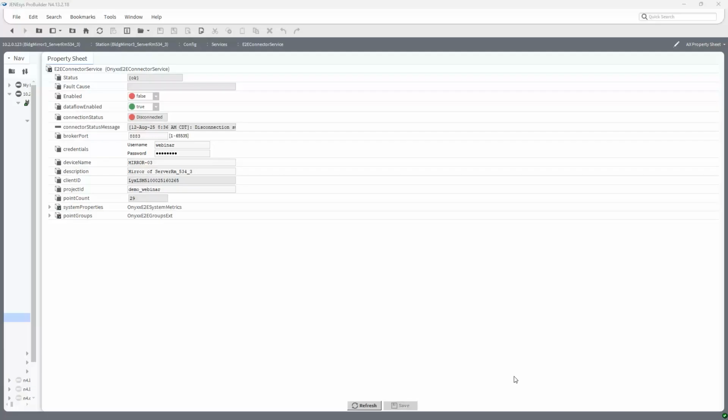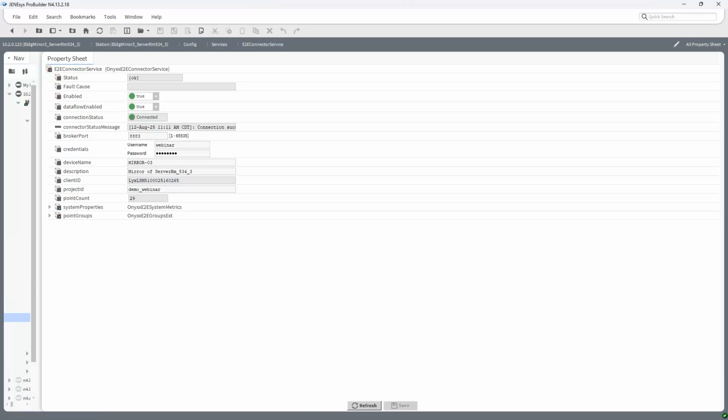So this is what the E2E connector looks like from an edge device. Basically, these are just extensions that you add to points. You come in, you do some configuration. This is all using MQTT. It's very secure. This is all certificate authentication. There's a lot of stuff behind the background that you guys don't have to worry about. But for you, what you do is you add point extensions. You set them to their groups. There's all kinds of different polling groups and polling rates that you can use to set these up to push up to E2E. Once you have everything in place, I'm going to enable this. We'll press save. Give this a second to run.